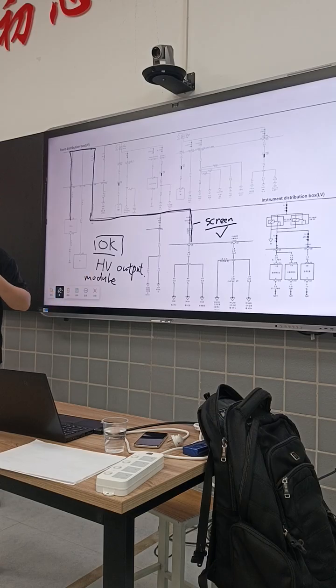Module of low voltage is okay. So these are two things. Number one, that OK light